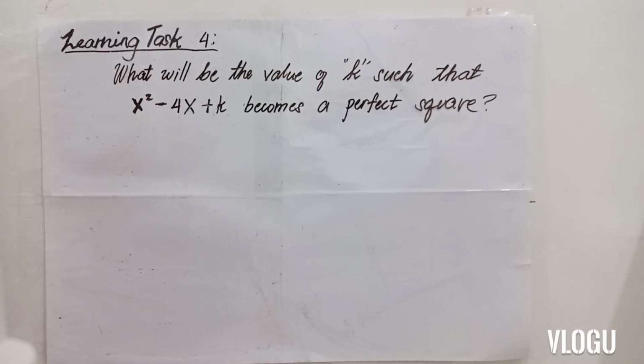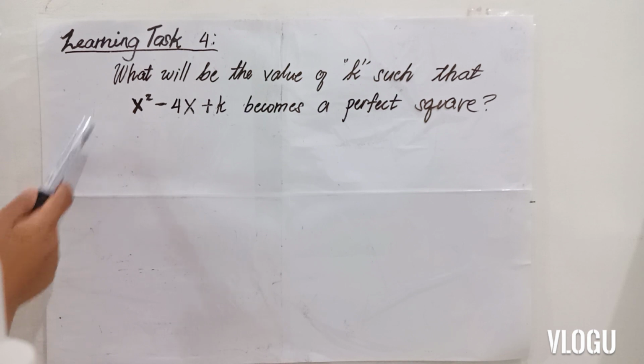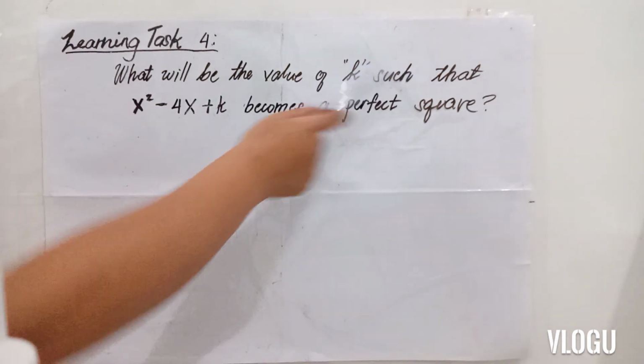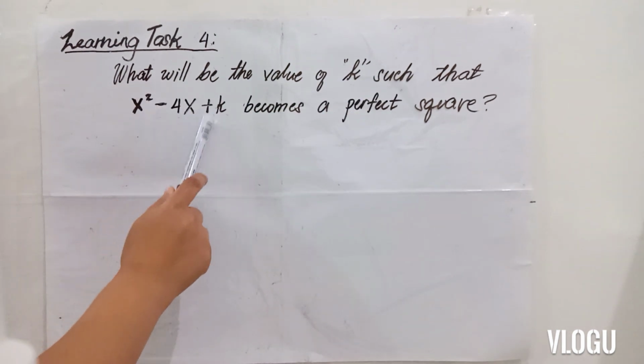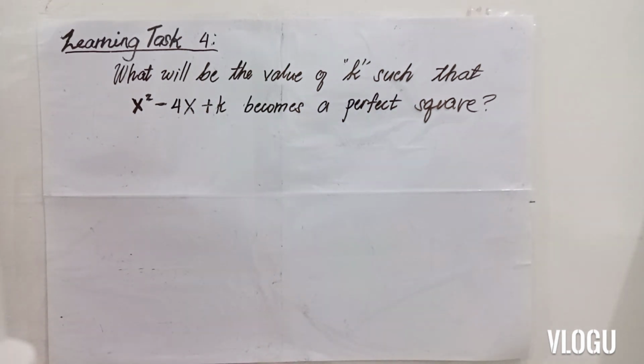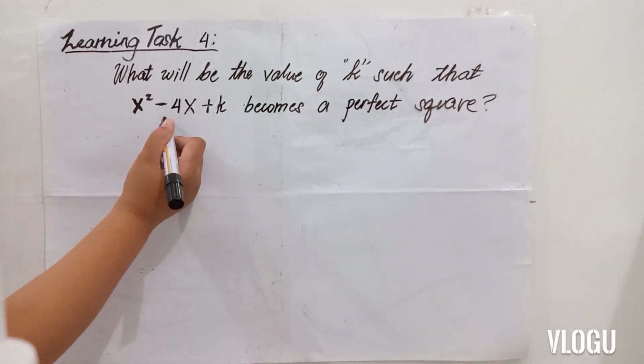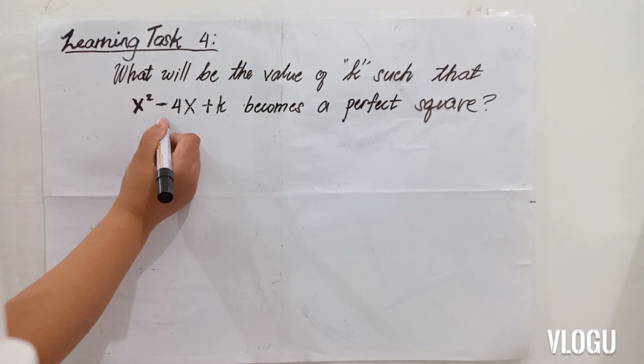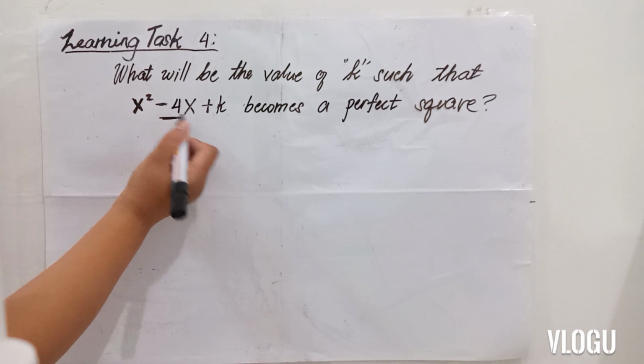Now, let's have an example in learning task 4. So, in learning task 4, you have a problem that needs to be solved. So, I have here an example that is parallel to that. What will be the value of k such that x squared minus 4x plus k becomes a perfect square? So, hahanapin lang natin ang value ng k. So, paano natin mahahanap? Kagaya ng ginawa natin sa learning task 3, we're going to get the value of b, or yung coefficient ng